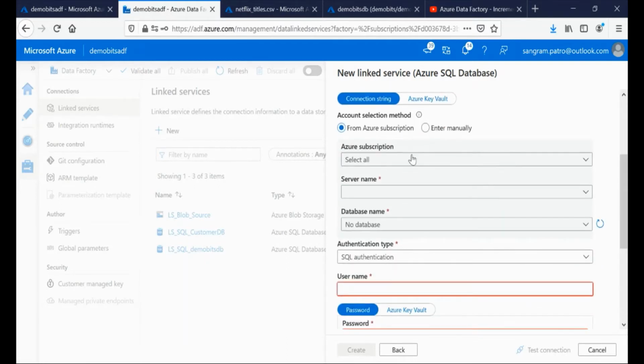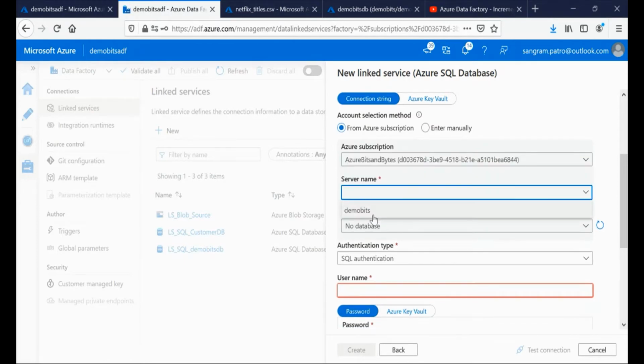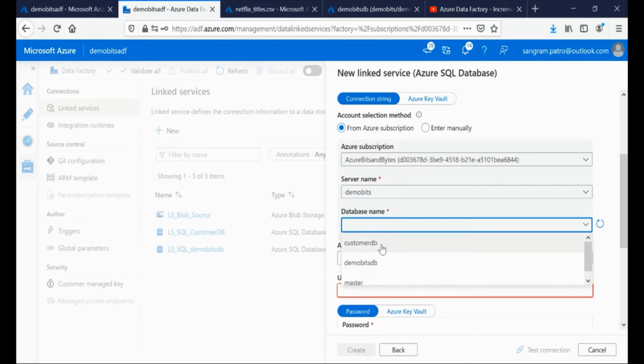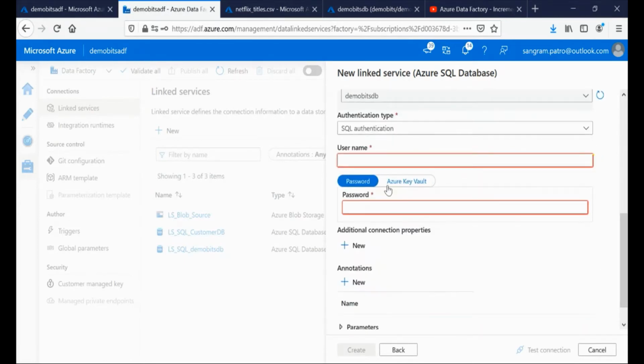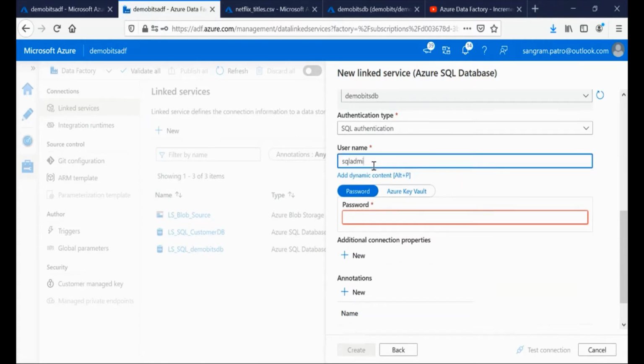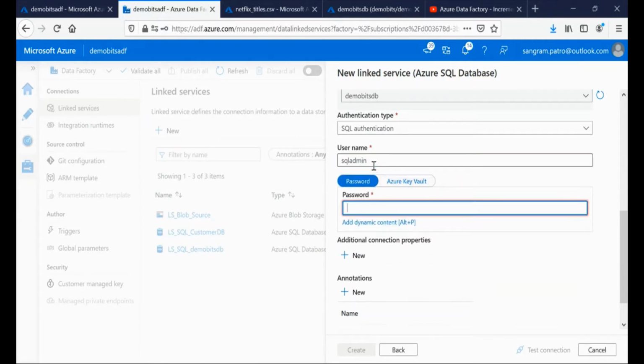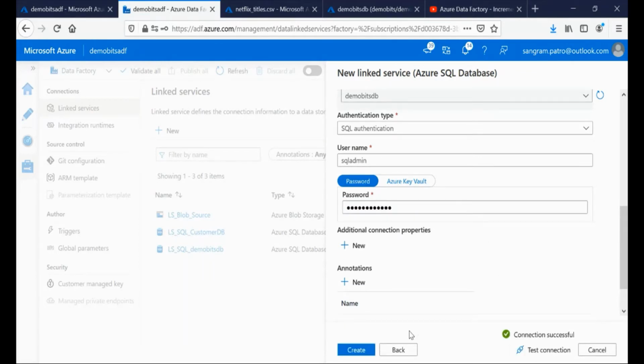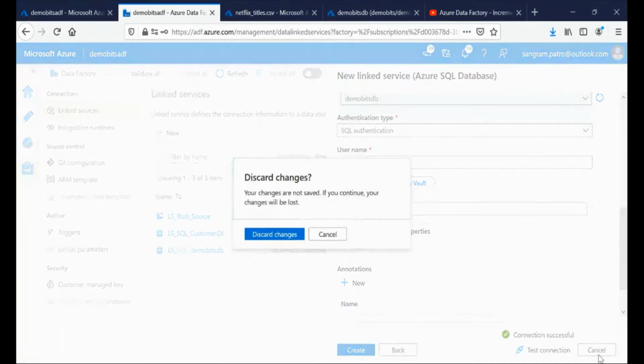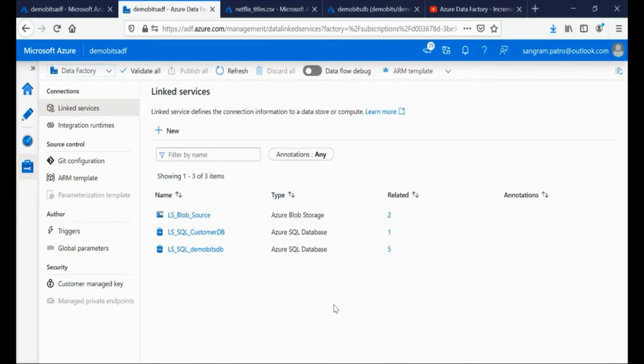Scroll down, select your subscription, server name, database name, and then you can provide your authentication. Test the connection before creating the linked service. Okay, this is successful, so I'm not going to create it because I have one. Again, I'm canceling this out. So I have the linked service for the blob account and another linked service for SQL.